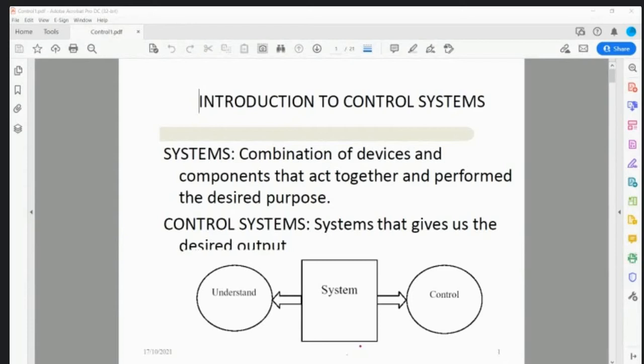Okay, so it is actually a system. Okay, it's a system, but it does not perform as what we want. So therefore, we need to add another component, which is called a controller, in order to help the system able to provide the desired output. Okay, the desired output as what we want. Okay, so you may have a conventional system. Okay, for example,